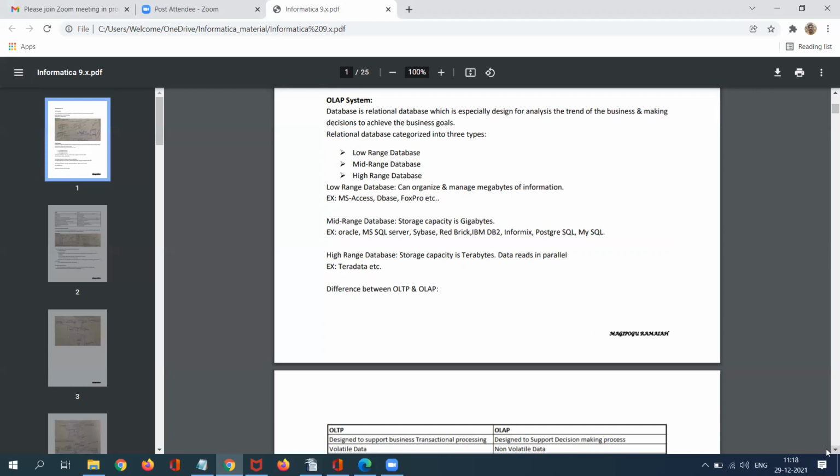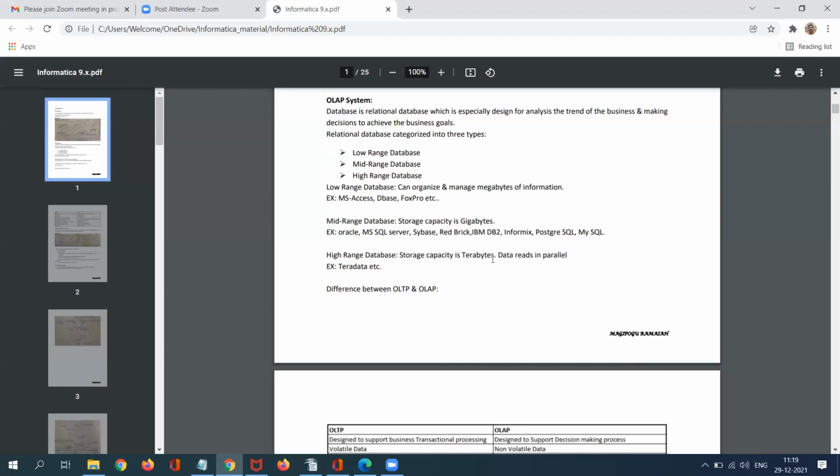This is especially designed with the help of a relational database only. To design your OLAP system, we have three kinds of databases: low range database, mid range database, and high range database. You can see here, I have provided some examples as well.